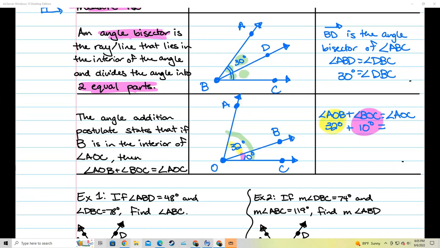But they didn't tell me anything about that one. So on that one, instead of putting a number on it, I'm just going to rewrite it because, again, I don't know anything about it. It's going to be angle AOC. Now that I have this set up, it's telling me to add these two numbers right here. I'm going to add the 32 plus the 10, and I get 42 degrees is equal to angle AOC,